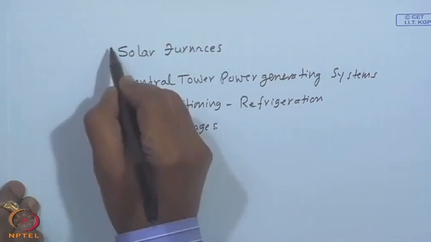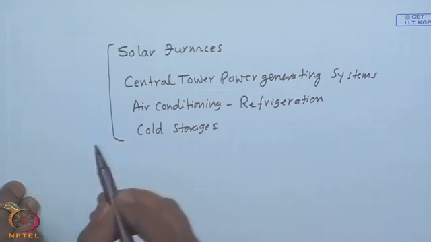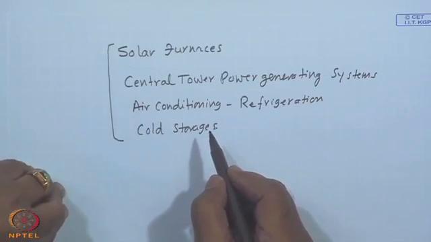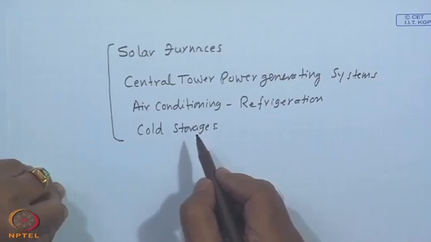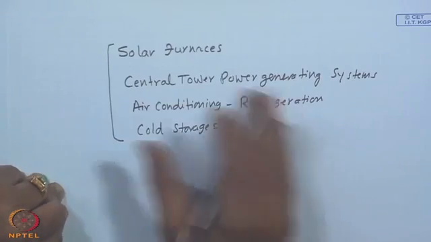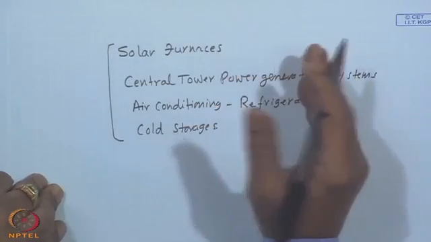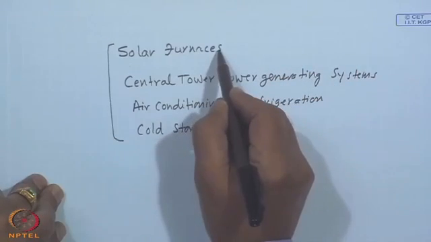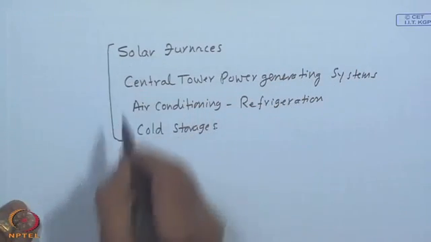So, these I have not included because each design is specific and depending upon the location and application, and it is difficult to put it in the form of say Qu is equal to A Fr tau alpha type of formula. And if you have got solar furnaces, it is essentially a